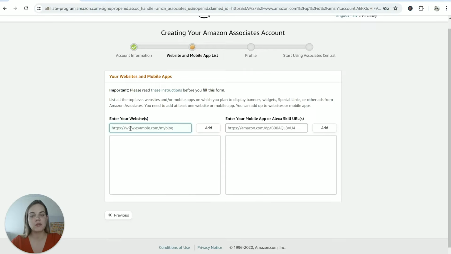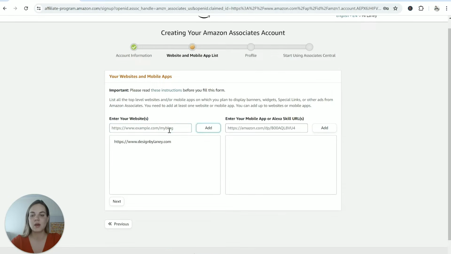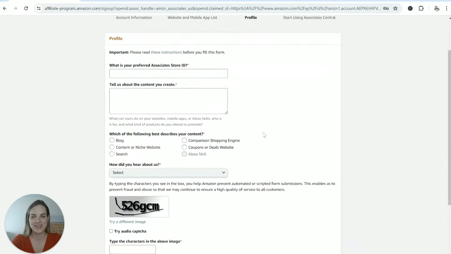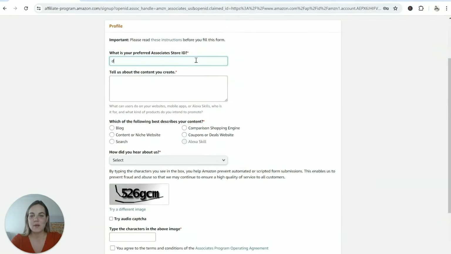Now you'll enter any of your websites or apps where you're planning to share content. So I'll just put in my website right here, and you could potentially put your YouTube page or Instagram page, things like that. In general, we don't want any traffic sources that are primarily directed at children under 13, but that's not an issue for my business. Hope it's not for yours either. So I'm going to set up my current one, Designed by Laney, so I'll just put D by Laney,